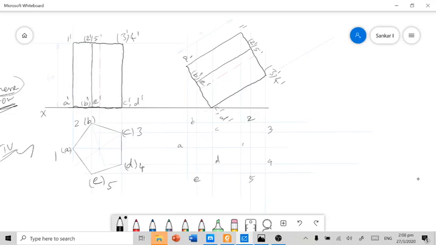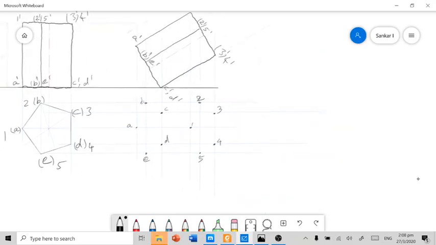Okay, and in this cluster, for your understanding purpose, I am marking the points a little bigger, but in your paper you should not mark such big points. Here these are nothing but the corners and points. There we need to connect them. At the same time you have to consider the visible and invisible edges concept.